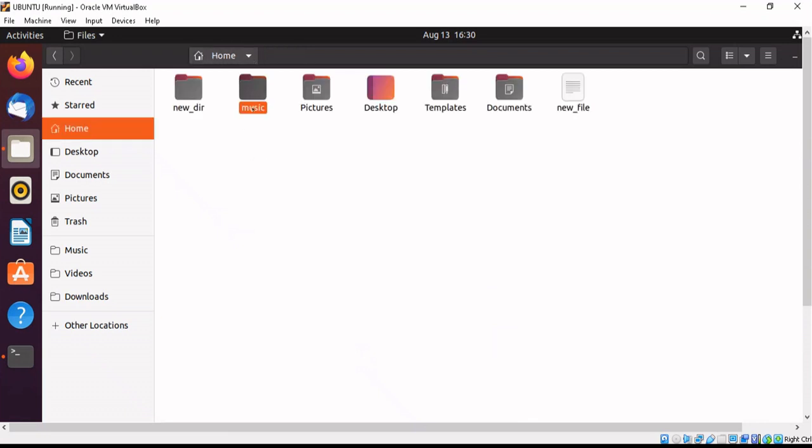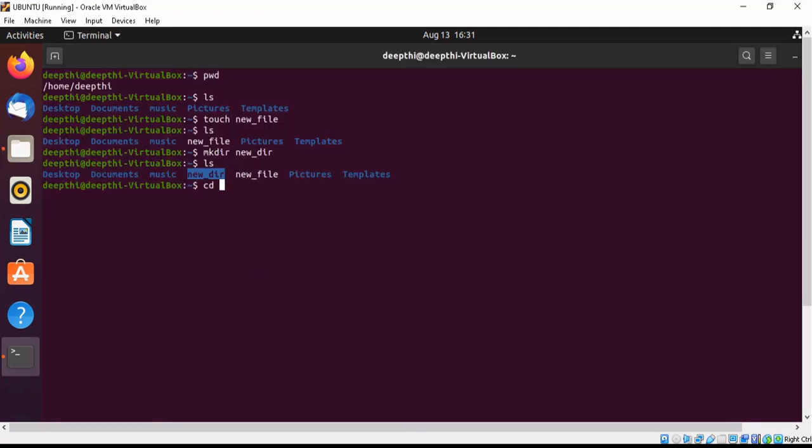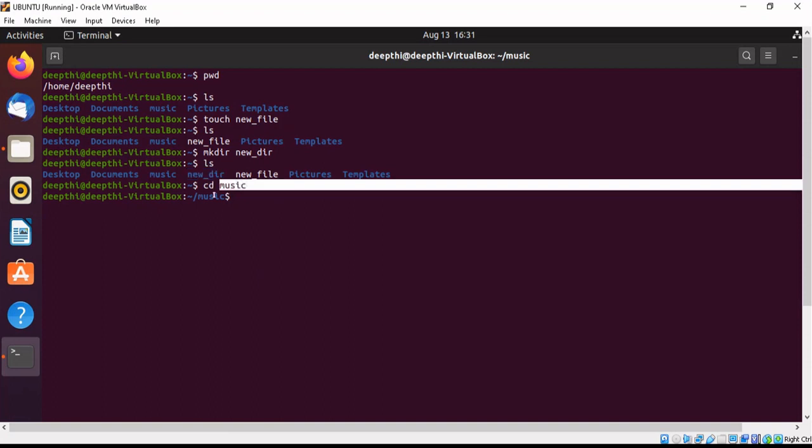And to enter into this particular directory, we have a command that is called cd, change directory. I will write the name of the directory in which I have to go. So I will write cd, change directory, space music. Simply by writing this, I am in this particular subdirectory, right?